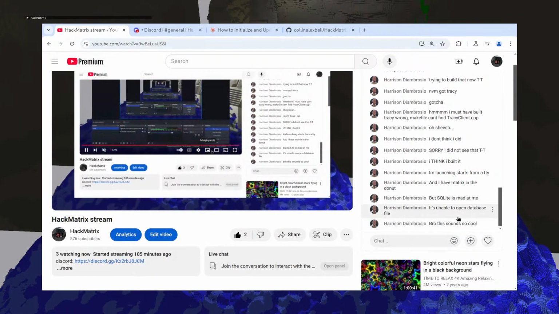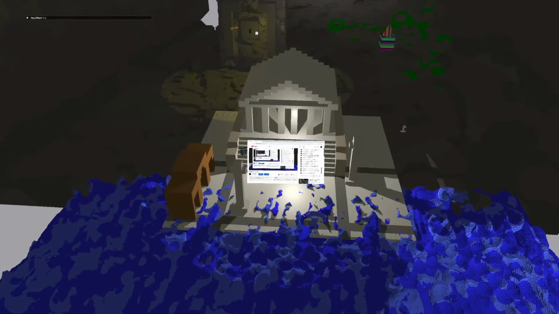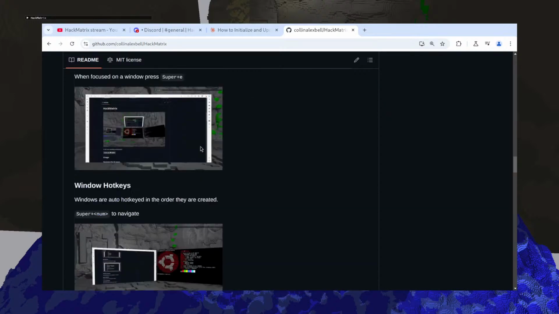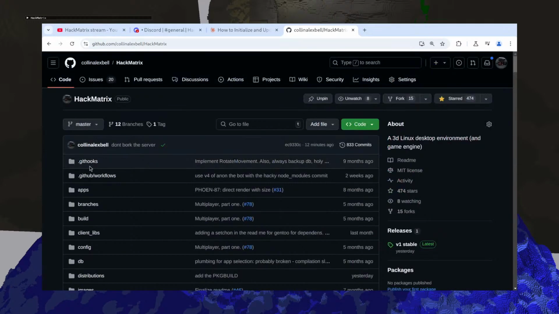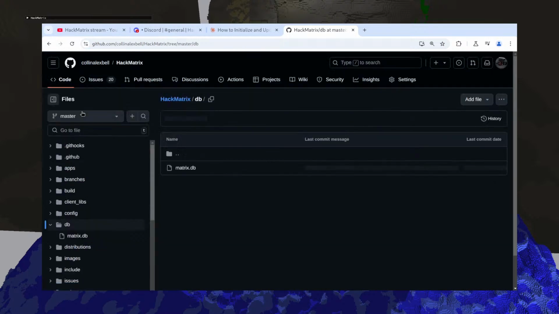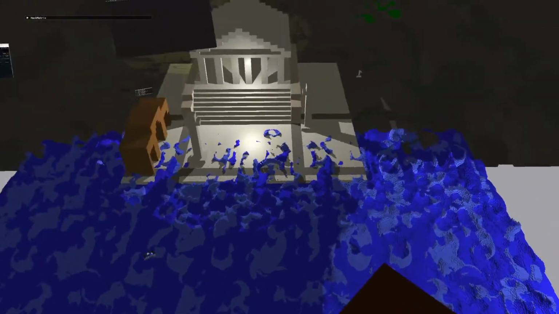It's unable to open the database file. That's not great. The database file is this. It should exist. It should be able to open that. I still think it's hard-coded. I'm not sure. I believe it is.